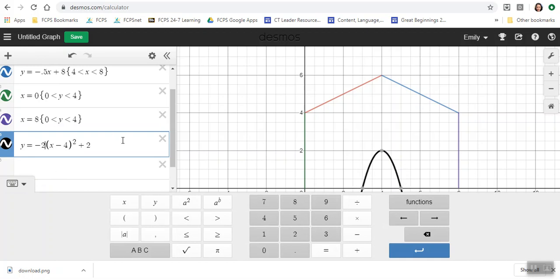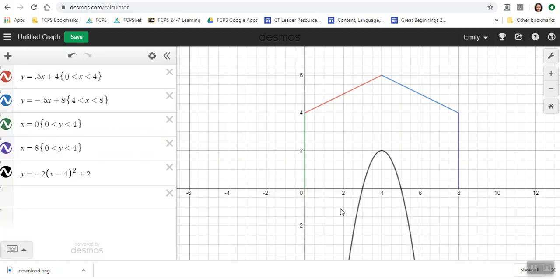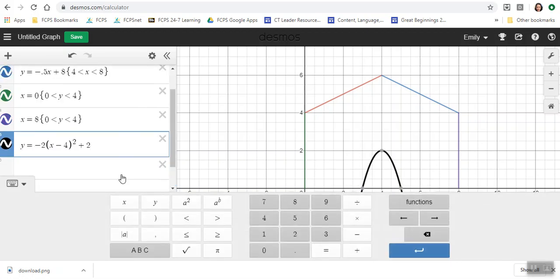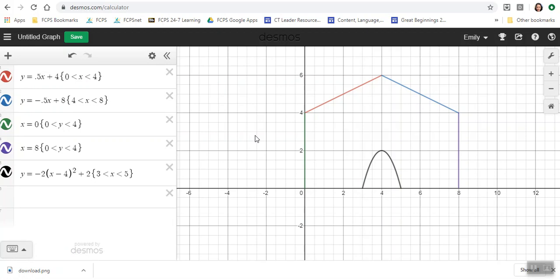All right, now let's look and see what part of this graph I want to keep. I want to keep it from here, where x is 3, to here where x is 5. So I'm going to do the fancy brackets. 3 is less than or equal to x is less than or equal to 5. Okay. All right, now I need to do another parabola, and I don't really have a good place for one,